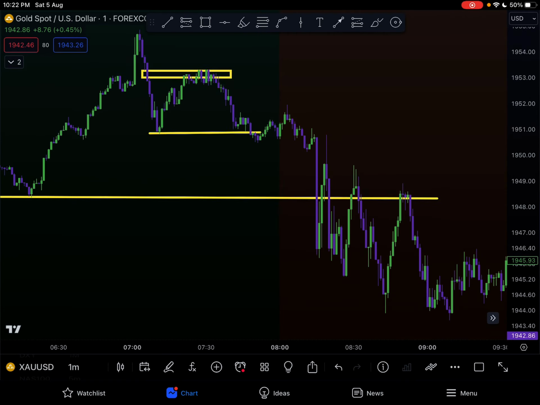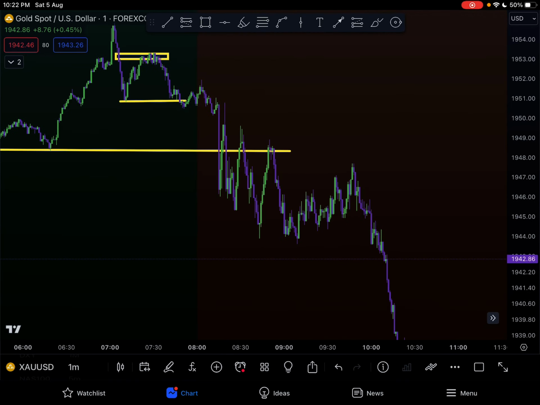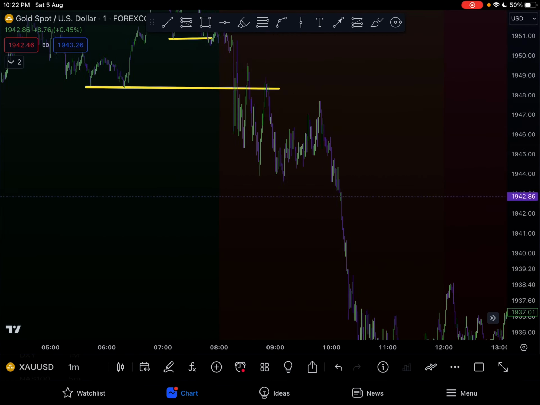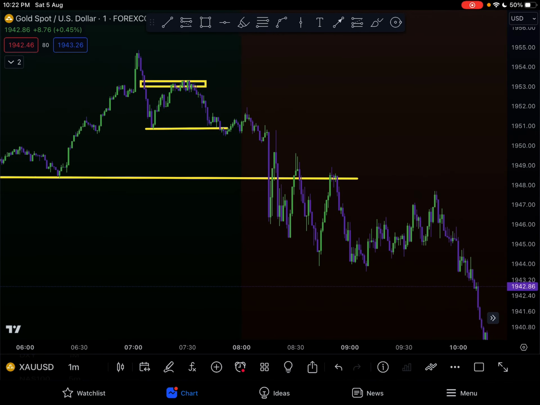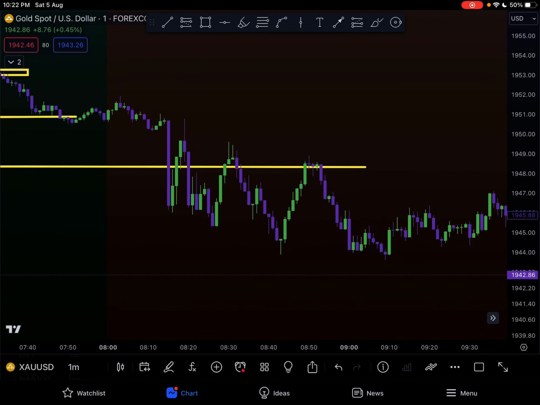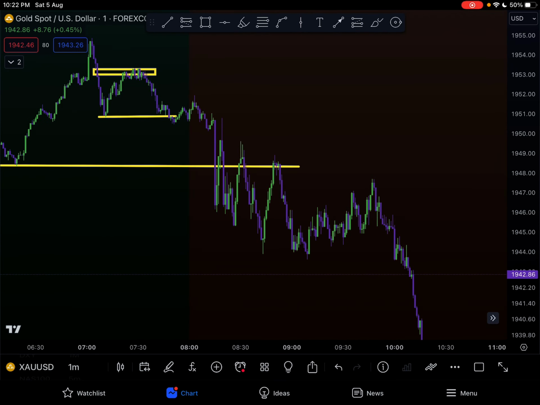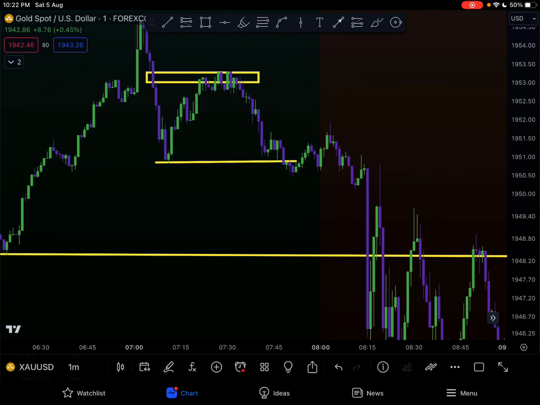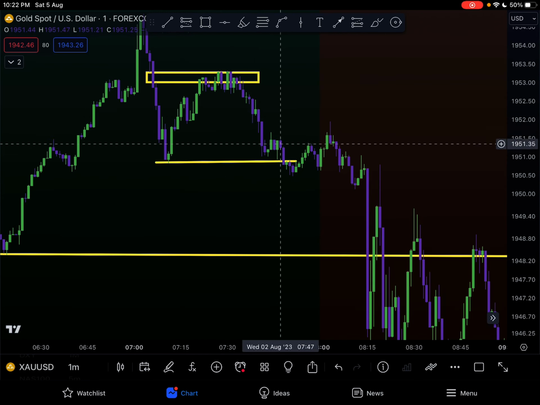Are you going to let that scare you out of your position? No. Because look what happens. Price dies. Still. And you have not left the 1 minute chart. And then when you're looking at this, what did I say about order flow? If order flow is bearish, it's going to start respecting bearish order flow, or it's going to start respecting bearish PD arrays.